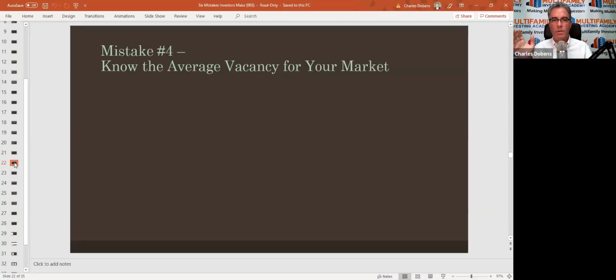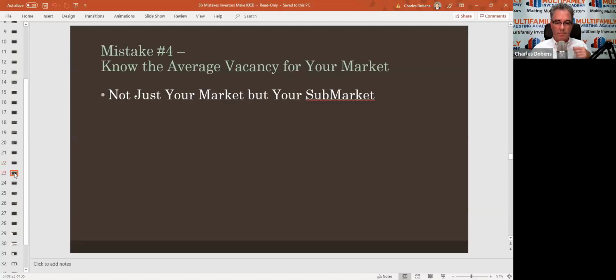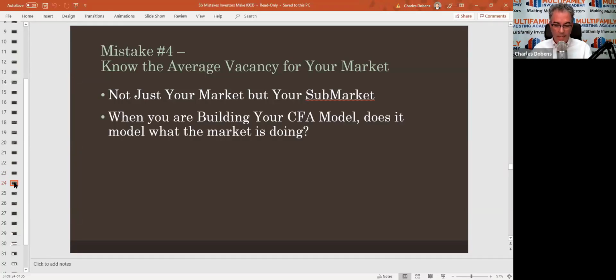You can't just say, oh, that's all 10%. You've got to know exactly what it is within your sub-market, and there are different places that you can find that. Here's why this has become such a crucial problem for new students. When you're building the model in your CFA, in the cash flow analysis, does it model what the market is doing? If you think you're going to get this property down to a vacancy of 5%, and you build that 5% over the next 20 years